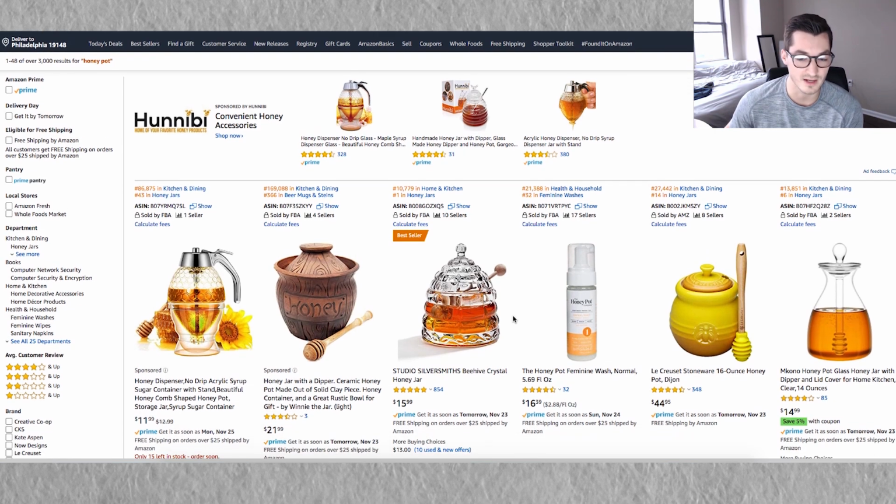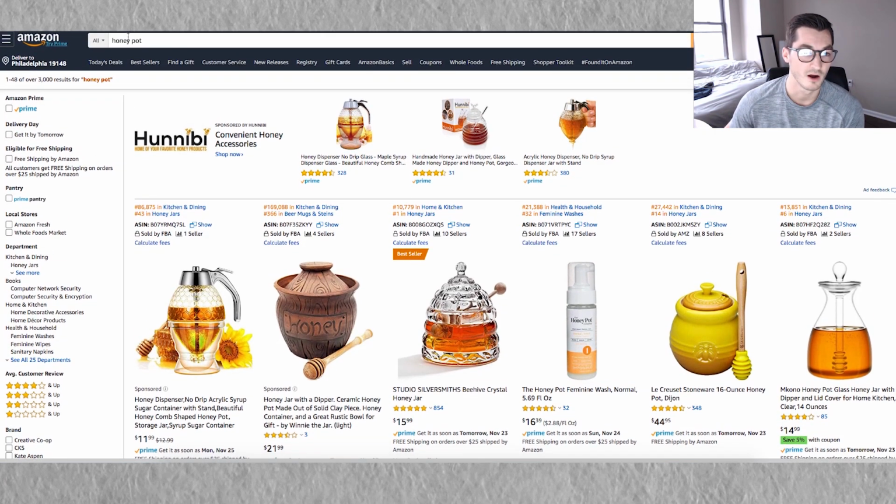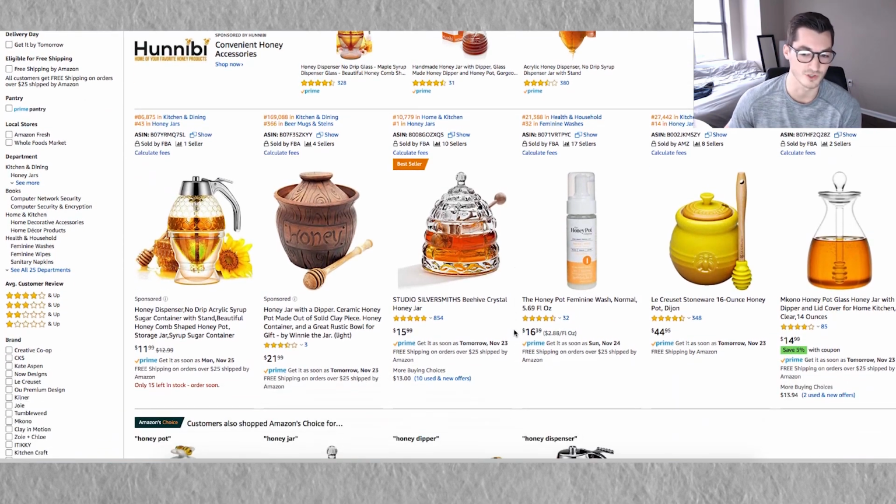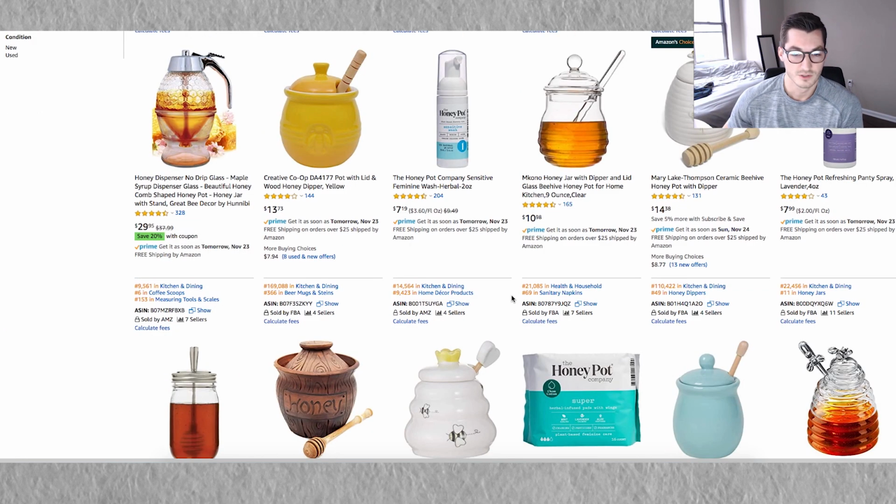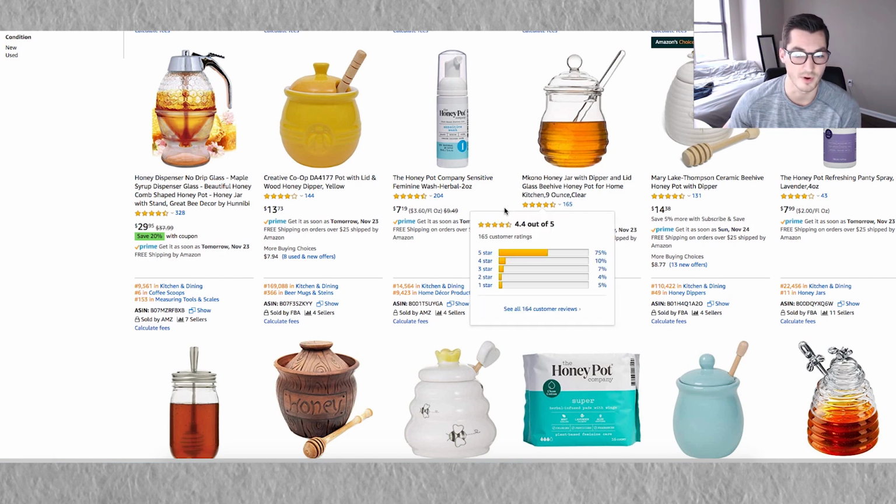So here is a good example where our main keyword potentially is obvious. However, there are still oddball products showing up that are not relevant to the product that we are potentially selling. Scrolling down the page further, you can see that there's many other honey pots on here,